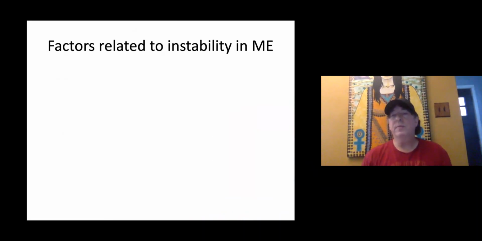So why so much instability in the Middle East? Well, each conflict, of course, has its own distinctive sources, but let's look at the broader underlying factors that make this such an unstable region. First of all,